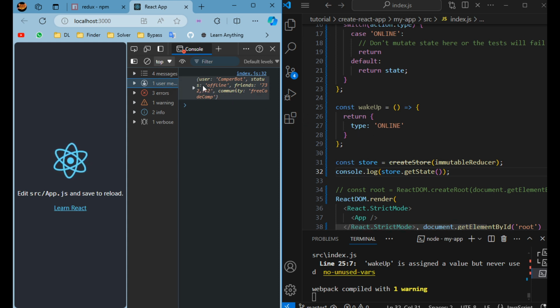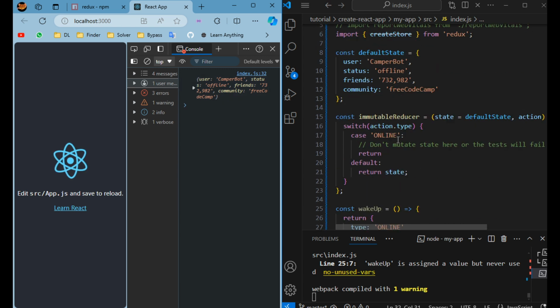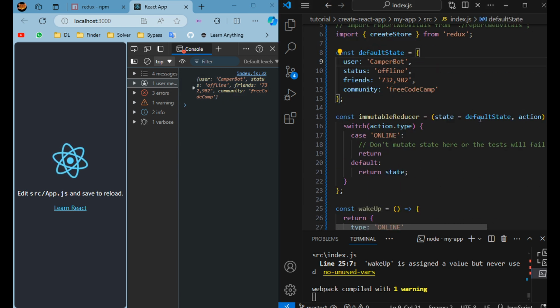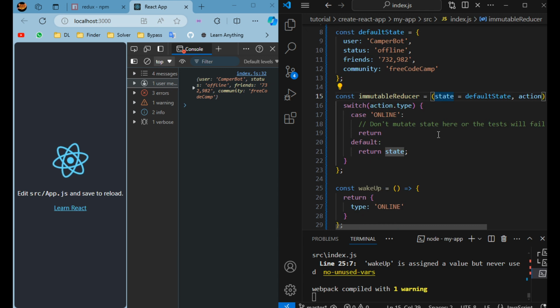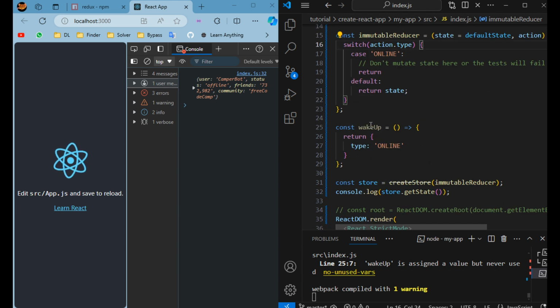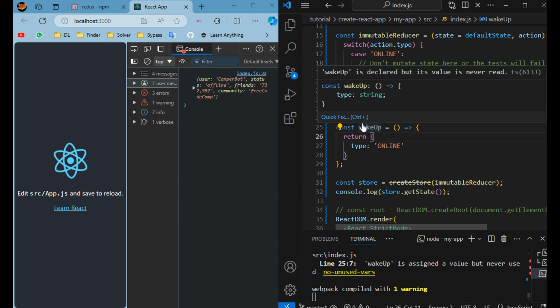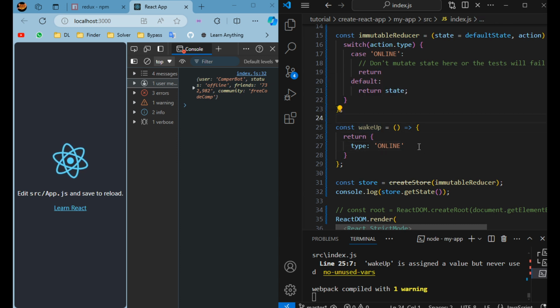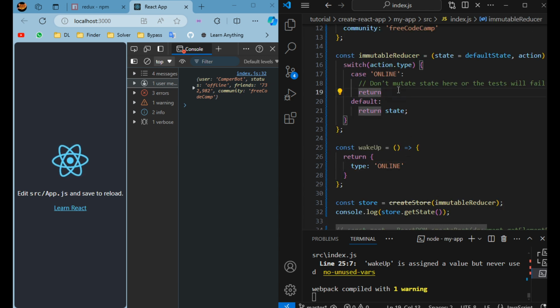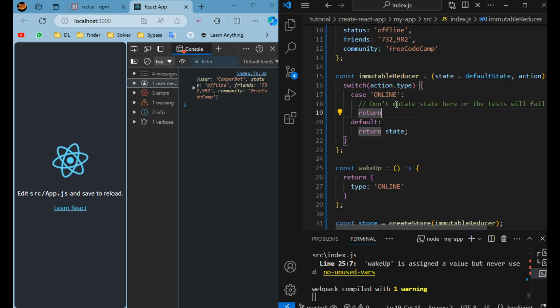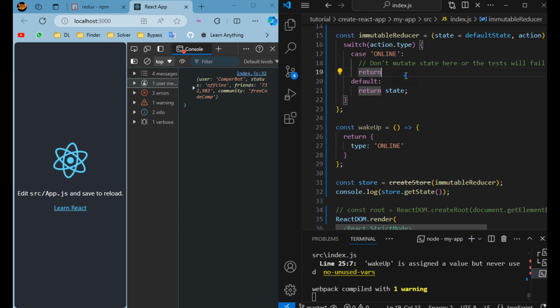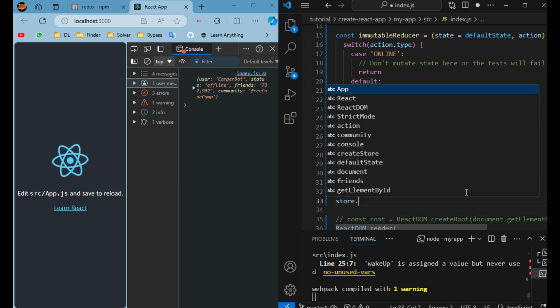It's already showing up. Use the camper bot. It's because of the default state, and this default state is already defined in the reducer state, and we are trying to use the action type of the wakeUp function, and then let's try to return or get state, and then try to store.dispatch